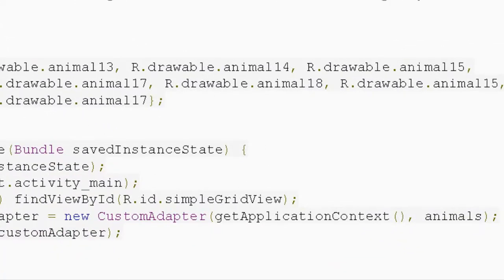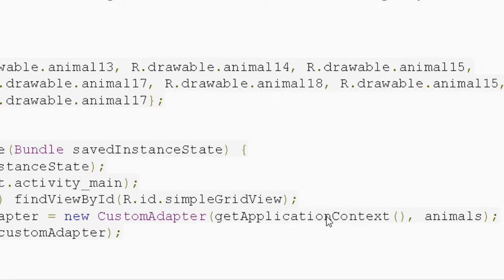So first of all understand these parts. Up to now we created the custom adapter class, the name of the object, and we already created the constructor. In the constructor we have to pass two parameters. In our class we need a custom adapter constructor with two parameters.